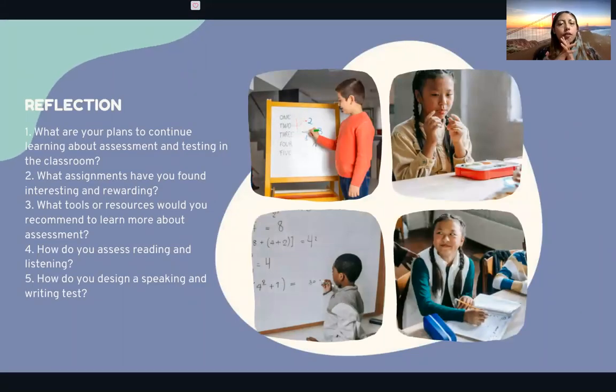Finally, when we talk about reflection, there are five important questions. What are your plans to continue learning? Well, as I have mentioned, it is important to keep taking more courses in order to improve the way to test. And what assignments have you found interesting and rewarding? Well, there are many assignments. First of all, what is the organization of the test? What are the differences between them? And some tools that I consider are